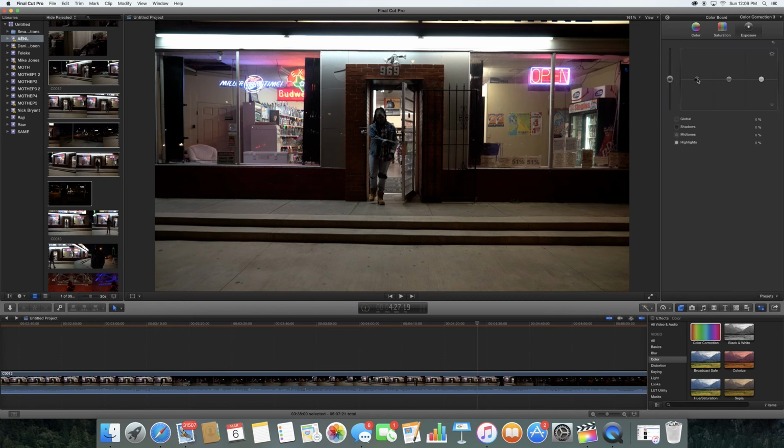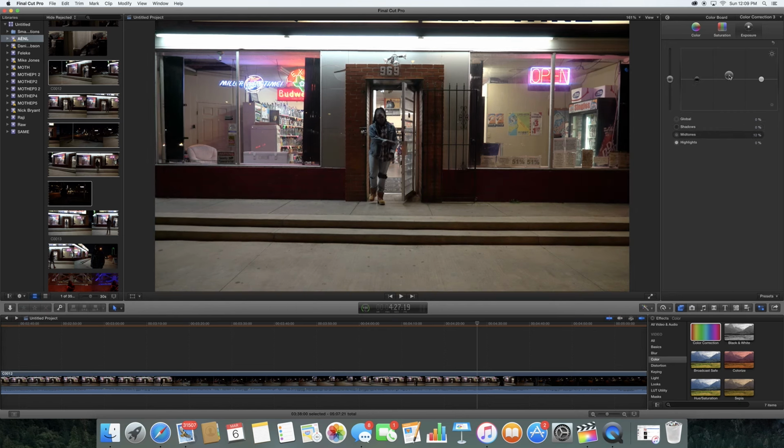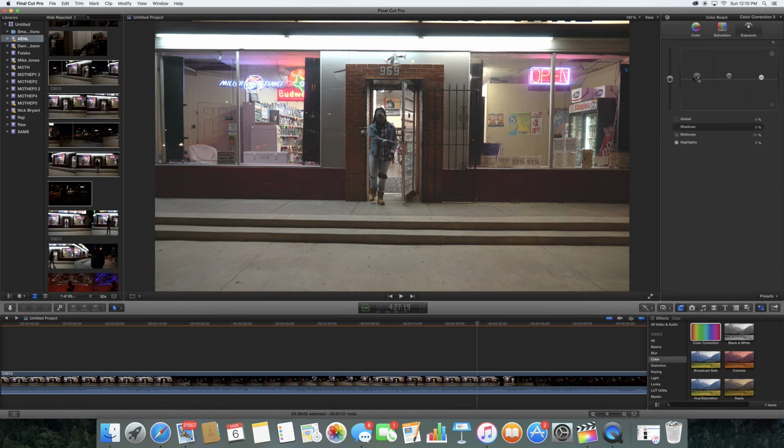Final Cut has some good tools. And again, this is what I used when I was doing $300 videos and I didn't really have much. I didn't have any money. I couldn't afford anything, so I was using a torrent. I didn't even buy Final Cut. But this is what I would do. And I definitely didn't have DaVinci, and I still haven't played with Speed Grade. I need to